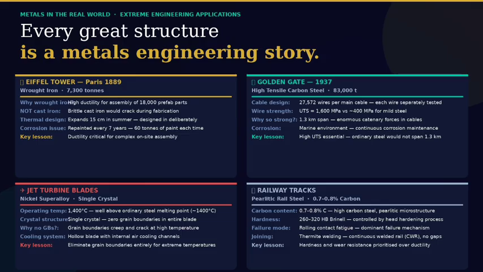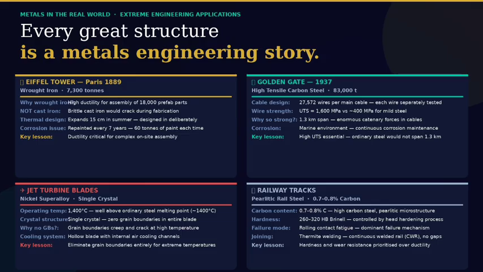Jet engine turbine blades operate above 1400 degrees Celsius, above the melting point of ordinary steel. The solution is single crystal nickel superalloys, not polycrystalline, single crystals with 0 grain boundaries, because grain boundaries are sites of creep and failure at extreme temperature. Internal cooling channels carry compressed air through the blade wall, keeping metal temperature below its melting point even though the